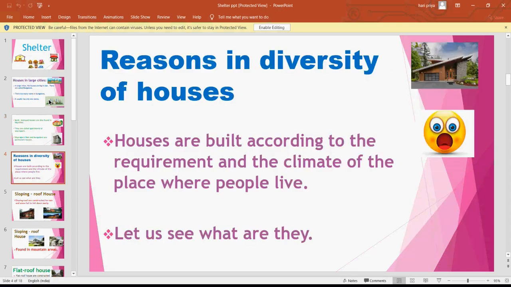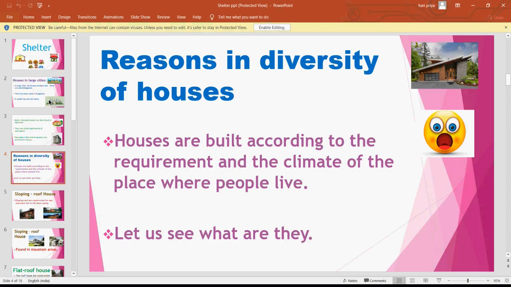Today we are going to see a different topic called reasons for diversity of houses. It's a very interesting topic, I hope you will all enjoy it. We are also going to see the different types of houses. So the first point goes like this: houses are built according to the requirement and the climate of the